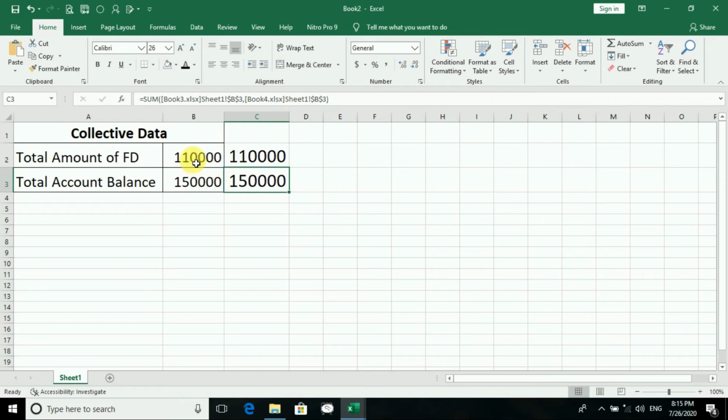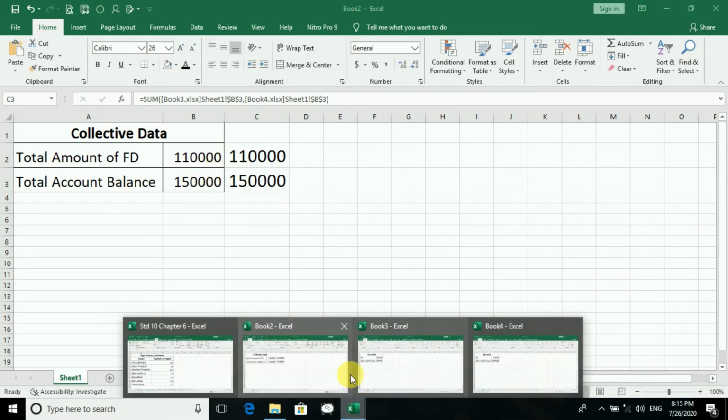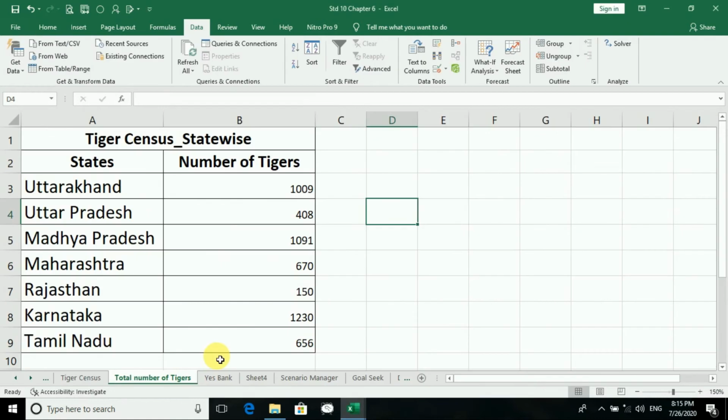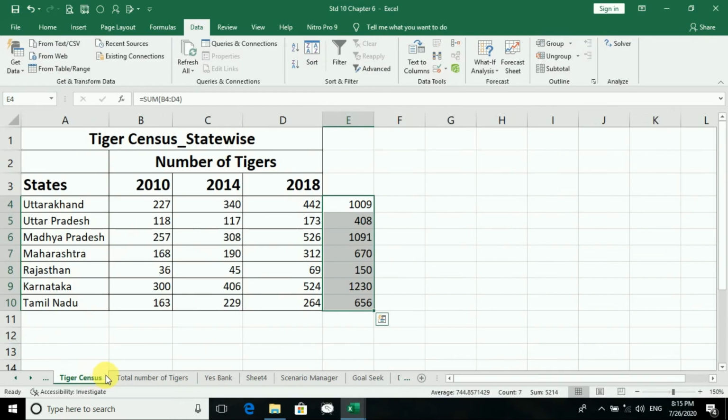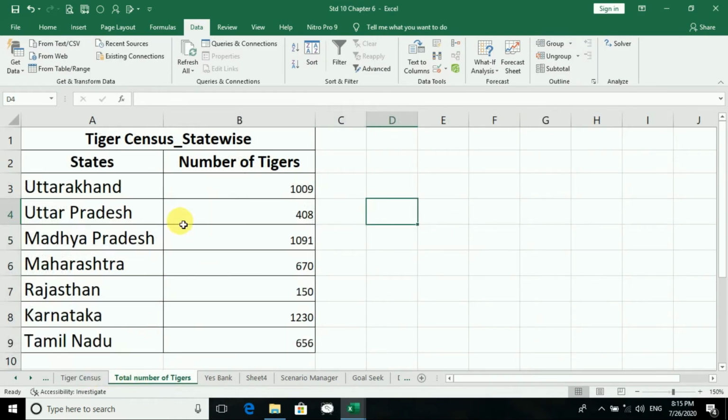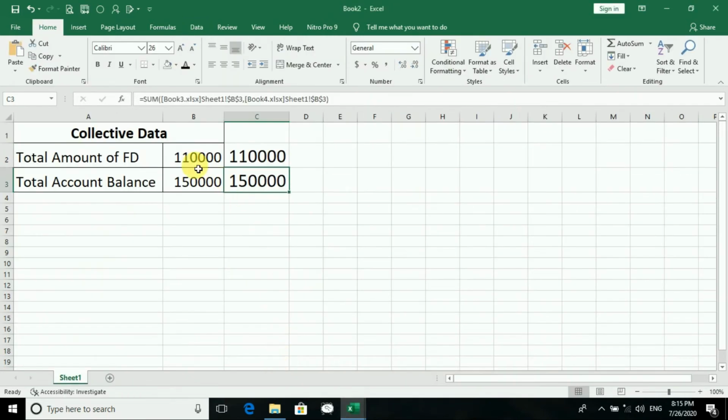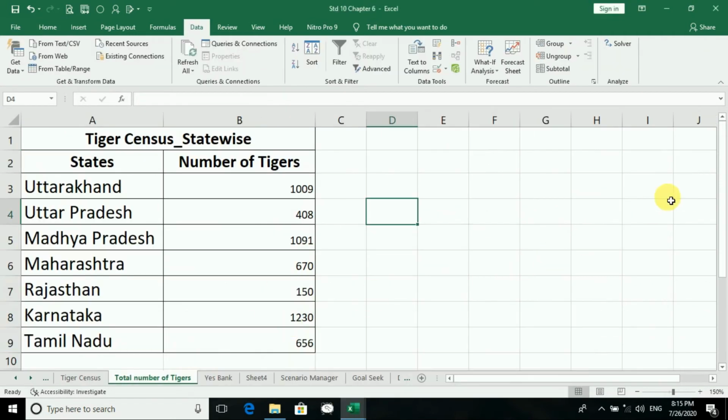So you understand how to work with different books also. First we have seen it for a sheet, right? In a sheet we were doing the total of it, but now we are going with different books which are collected in another book. Please keep it in mind, another book. Okay, next we are going to see how to do the linking, how to create a hyperlink.